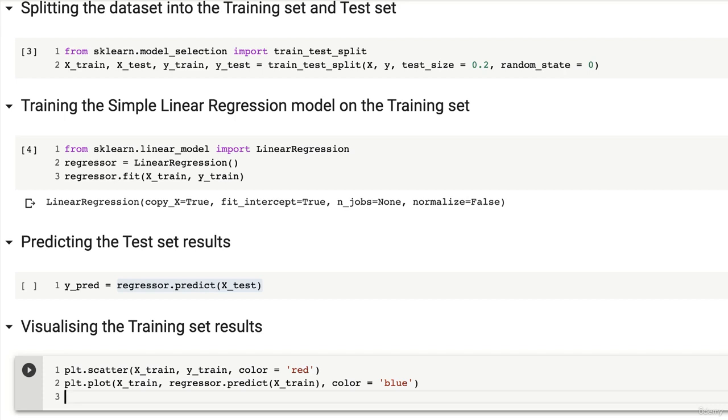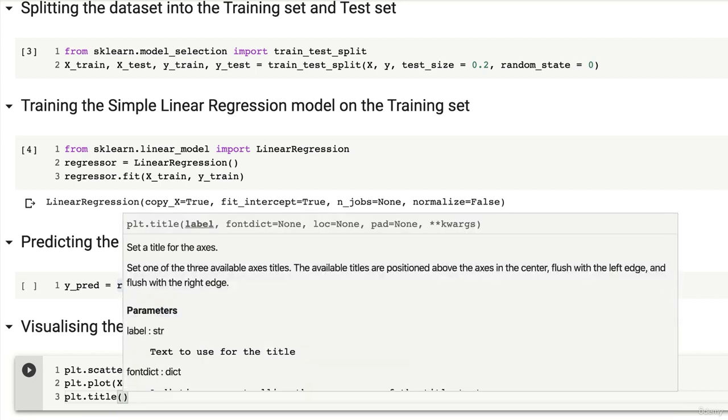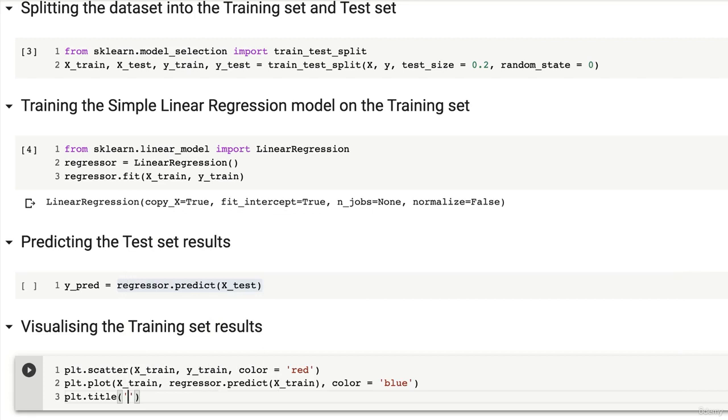Now, next step, what can we do? So here we're going to add a title, and to do this, we have to call the title function, and inside, in the parentheses, we just have to input in quotes, well, the title we want for our graph. And so let's say Salary versus Experience. Okay, you can choose any other title if you prefer another one. So Salary versus Experience, and then we're going to specify the training set, because indeed, then we'll do the same for the test set.